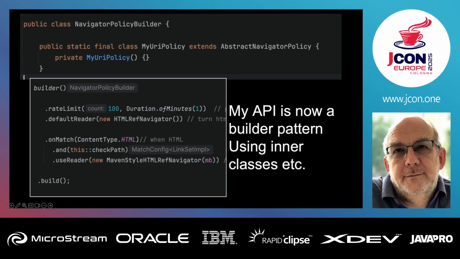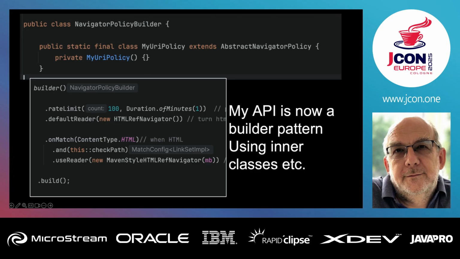This is navigating through trees and things. So look, a rate limit. It's on the builder. It's not on the tool that they want to use. Okay, default values. And with the use of inner classes, you can start to build quite complicated DSLs, and you can see from the faint grey coming back, like match config, that the IDE has picked up on what your return types are and will help you at the IDE level fill the right things in.